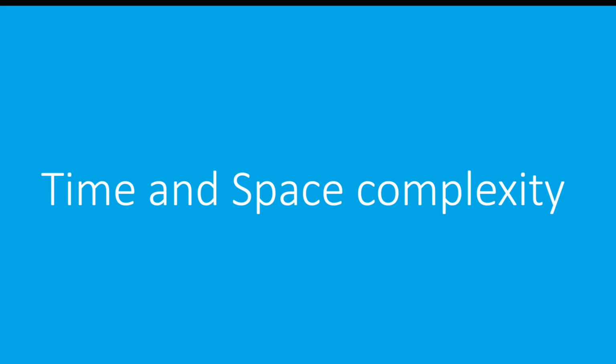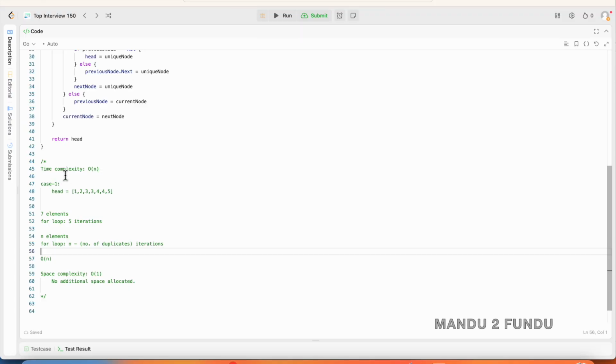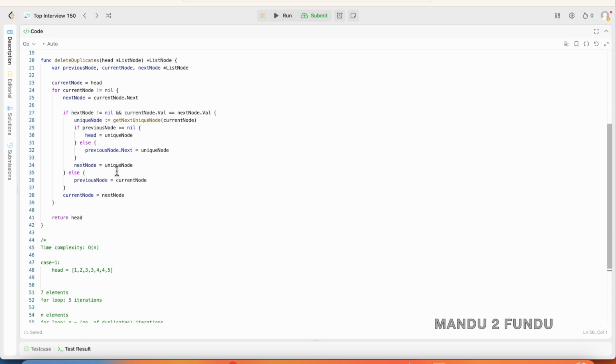Next I'm going to do the time and space complexity analysis for this solution. Time complexity for this procedure is order of n. For this case, the linked list has 7 elements. In order to remove the duplicates in this linked list, we have to traverse all the nodes in the linked list. Okay, so this for loop performs 5 iterations. So for example, 1, 2, and this is 3, and this is 4 and 5,